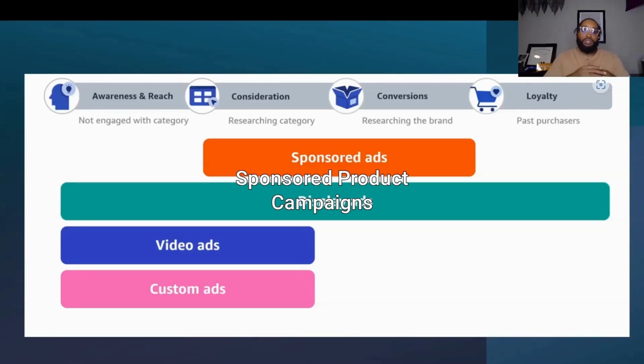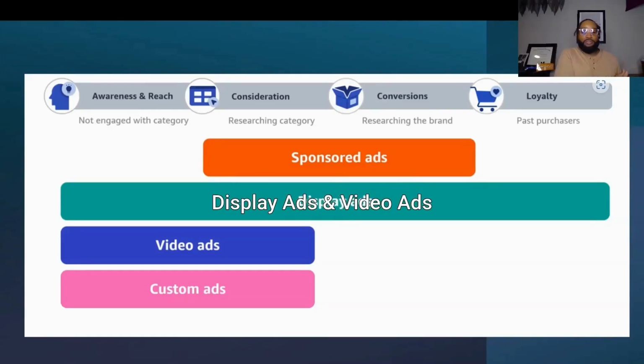Video ads create brand awareness to reach those customers that are in the discovery phase or awareness phase, where they're not necessarily looking for a specific brand. At this point, they're just browsing and shopping to see what's out there, who's offering the best product, which brand is the best. So